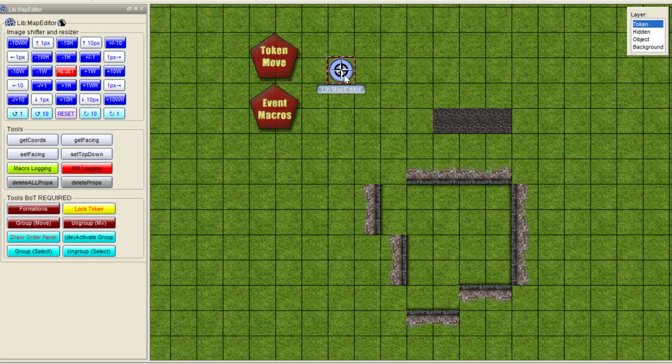So what do all these buttons do? Because it looks a little bit daunting. Well, first of all,